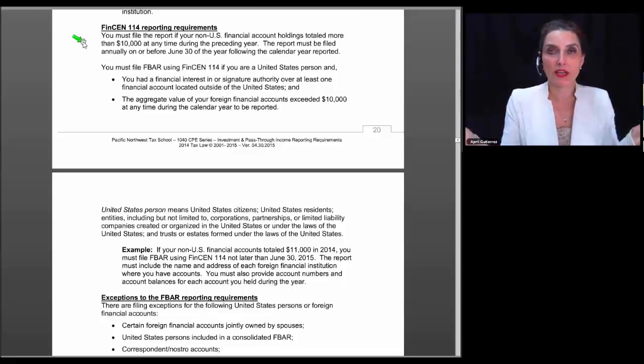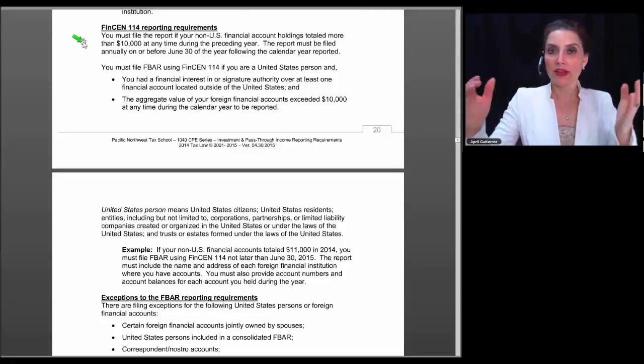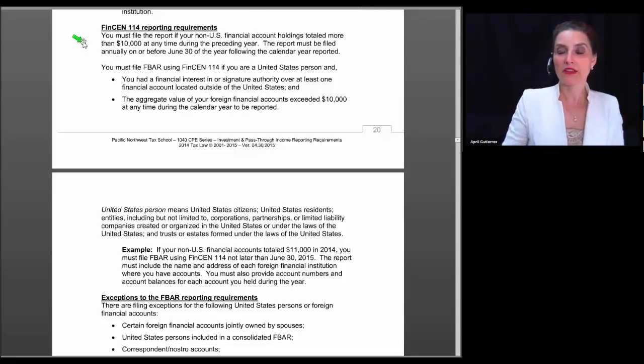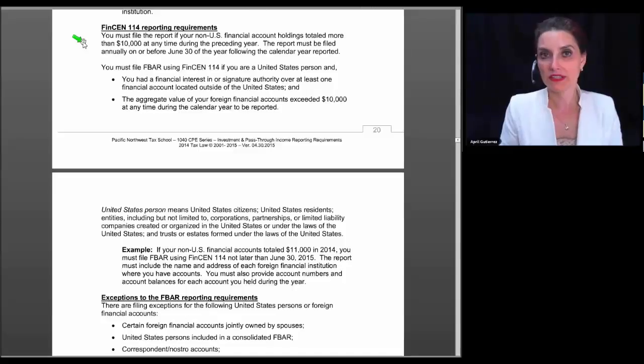a day. For example, I had a client who sold a piece of land in India, deposited the money into an Indian bank account, and then almost immediately wired it over to the United States. So the money that was in that foreign account was just there for a couple of days. That meant that at some point during the year, the foreign financial account went over $10,000 and had to be